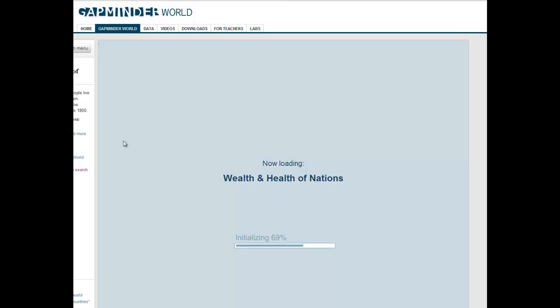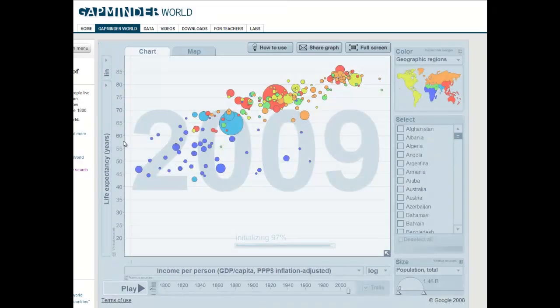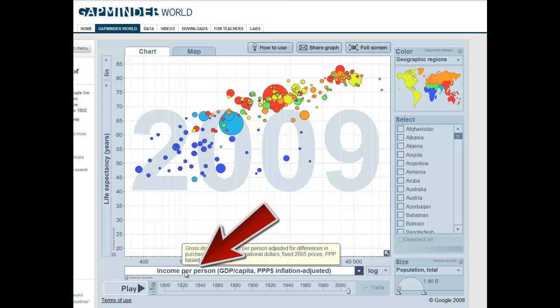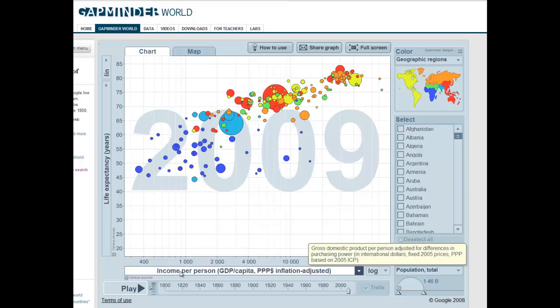Collectively, they're known as Wealth and Health of Nations, and you can see why. Over here on the vertical axis, we have life expectancy, so health, and on the horizontal axis, we have income per person adjusted for inflation, so that's the wealth aspect of things. Those two indicators are the kinds of things that you would expect to find on the traditional paper-based graph. Those paper-based graphs can only depict up to two indicators simultaneously. The thing about a tool like Gapminder, though, is it can depict up to 5 simultaneously,